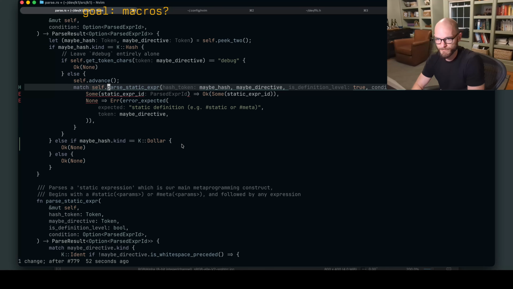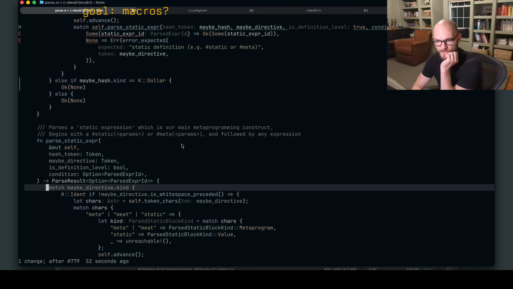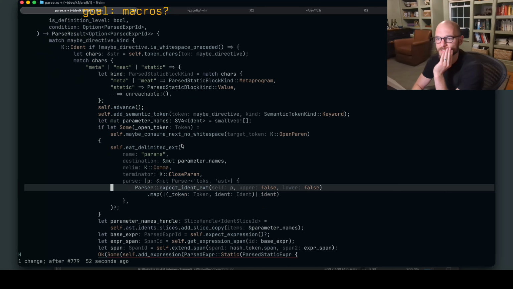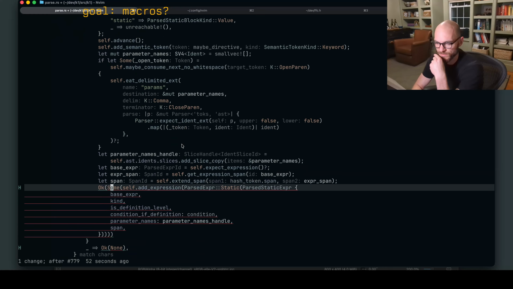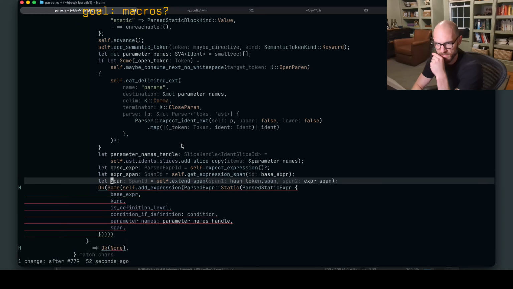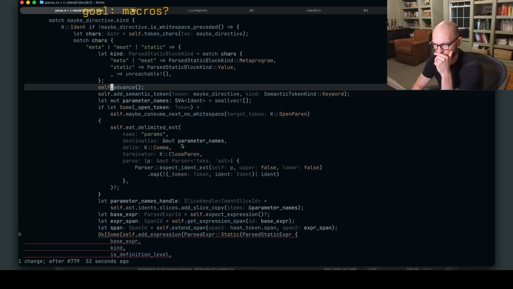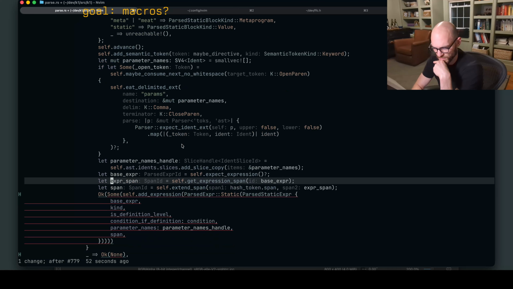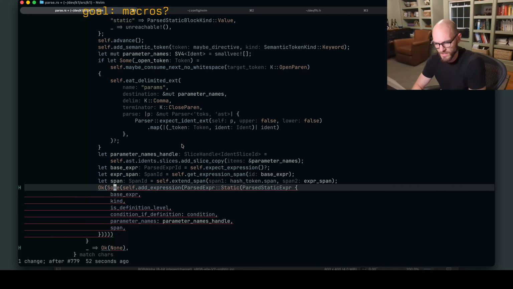But this only checks for meta. This only checks for meta and static because they want the same things, which is they want one expression, right? They take parameters and then they want one expression. Okay.